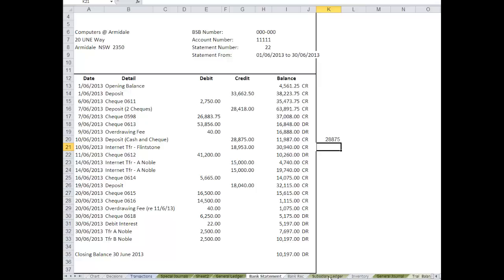Now there's a bank error. Do they happen very often? No, but this is an exercise so you know how to deal with them. So you need to find your bank error. So what's the bank error? Again, it would really help if you printed this out and took it back to the special journals. Let's see, check